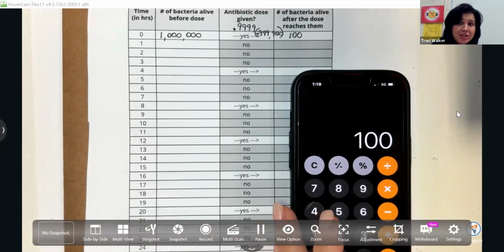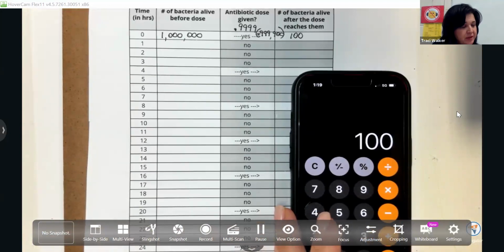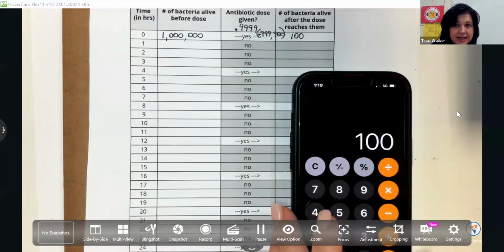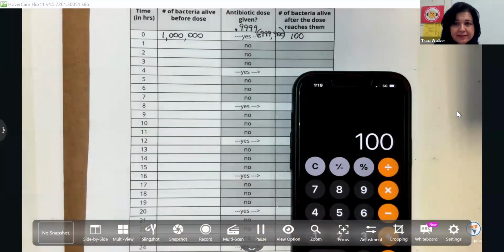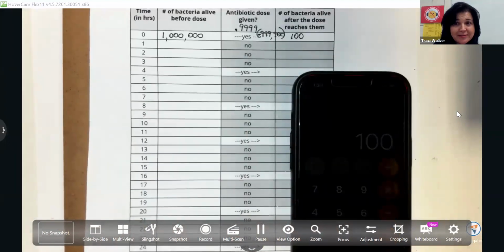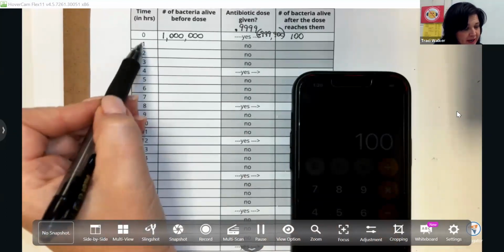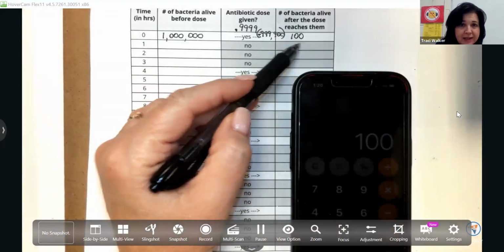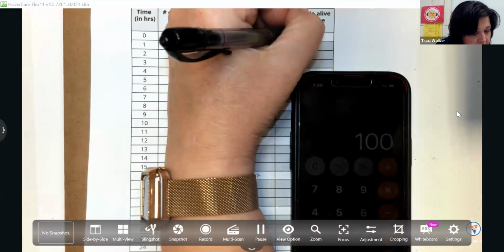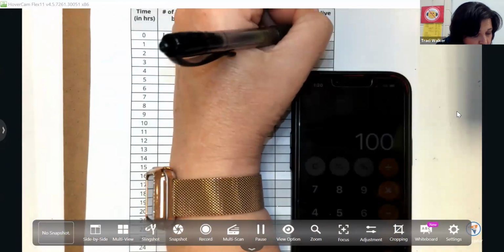Okay, so some of us may be tempted not to take all of our antibiotics at this point because we feel so much better. But we know that every 20 minutes, these 100 bacteria are going to replicate, right? So in 1 hour, from 0 hour to 1 hour, we killed almost all of them. But in 1 hour, these 100 are going to replicate